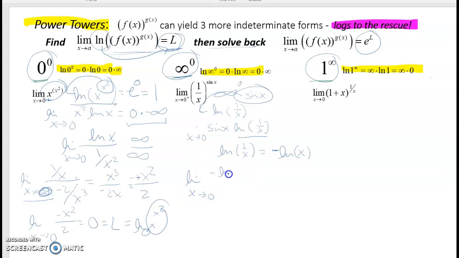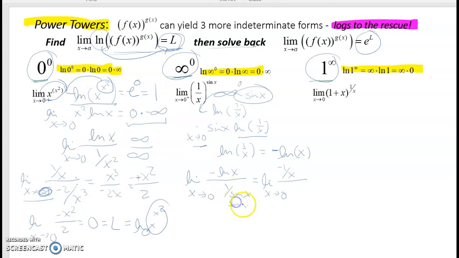So we're at negative ln of x over 1 over sine x. And we can just chain rule this. So we check first. When we evaluate this at 0, we're at infinity, 1 over 0, infinity. Yeah, we're good to go. We can L'Hôpital it. So we're at the limit as x goes to 0 of negative 1 over x over,